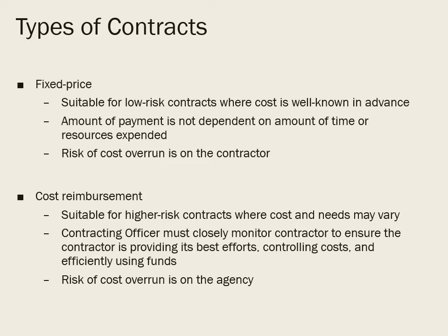The contractor spends the money as required to do the work and then gets reimbursed by the agency. Now, usually there is a ceiling for cost reimbursement. If the agency thinks it should spend $200,000 and a contractor winds up spending $2 million, the agency is very unlikely to reimburse the contractor for the full $2 million. But legitimate cost overruns, they do have to be paid for by the agency.